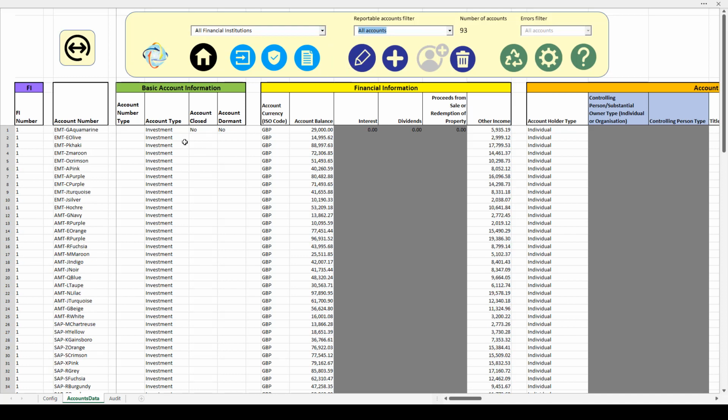If you're familiar with the template, you'll be aware that there are 3 ways that you can enter data for accounts. You can use the spreadsheet mode to enter data on screen, as you can see here. You can enter data for one account at a time in the account details form, and you can import accounts data from another spreadsheet. We've made improvements to all 3 of those.